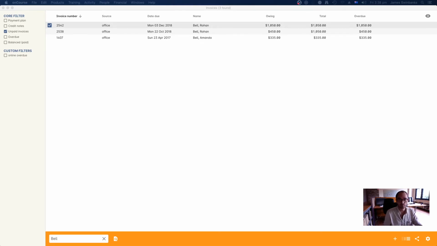I'm going to take you through printing and sharing in onCourse. So here we've got the invoices list view open, and I found a few invoices just by searching for the last name Bell, and we've got Rowan and Amanda here. I want to print out a copy of Rowan's invoice, so to do that we'll go down here to the